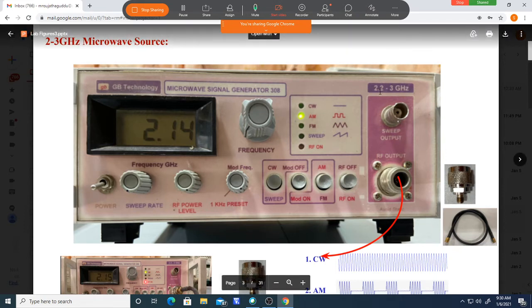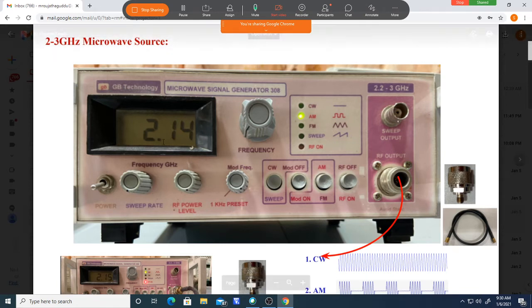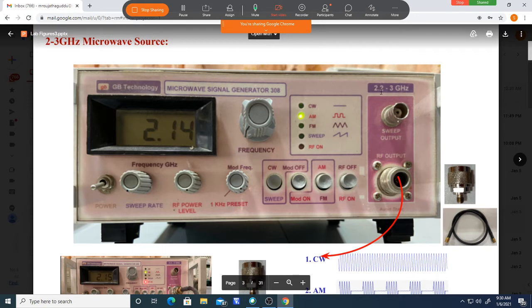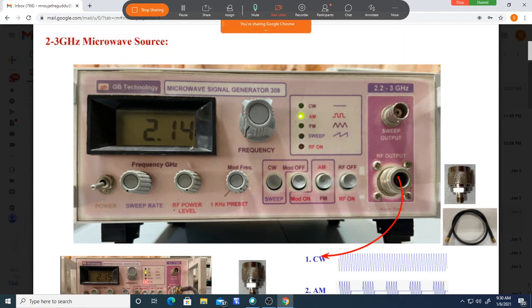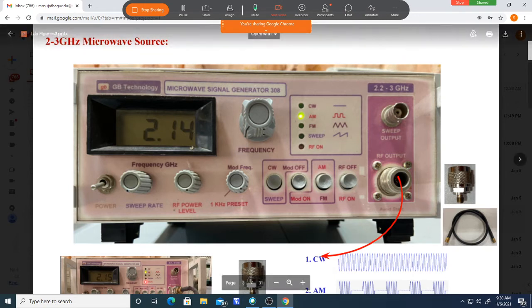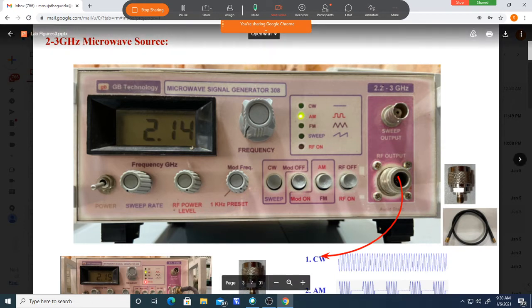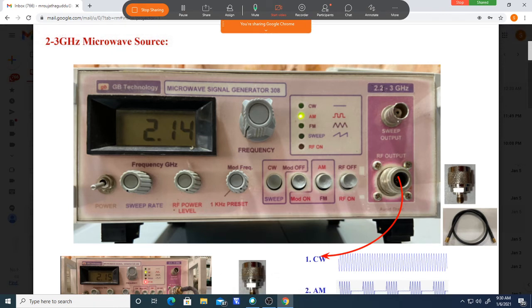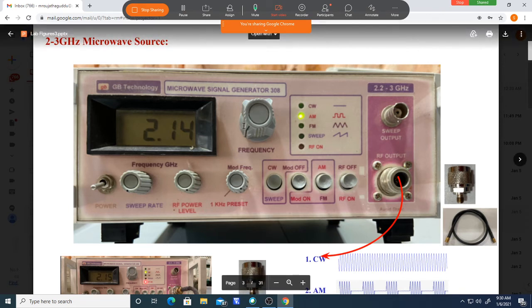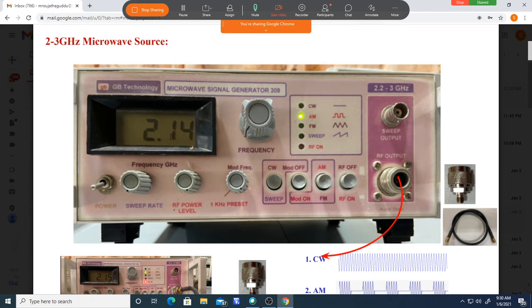Starting from 2.2, you can go leftmost. If you keep this knob in the leftmost position, you will be reading 2.2, or sometimes, because this is a practical equipment, you may not exactly get 2.2. It may be 2 sometimes, it may be 1.9 sometimes. The starting frequency is approximately 2.2. Do not get confused. Whenever you keep it at the leftmost position, do not always expect 2.2. It may be a little greater or lesser, and it may even be less than 2 gigahertz.